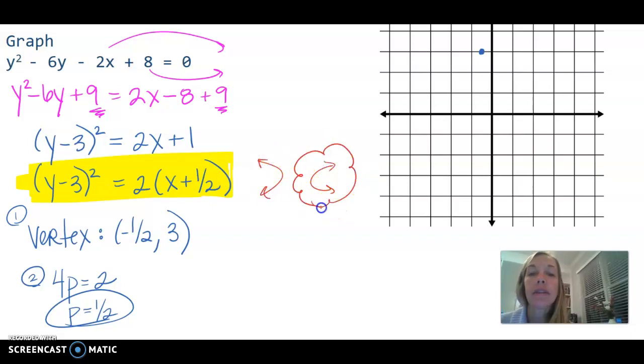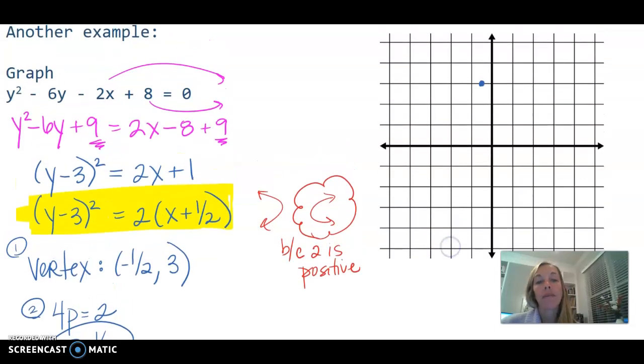And I know it's going to be this one because the 2 is positive. Right, so whatever that 4p value is, if it's positive, it goes to the right. If it's negative, it goes to the left, and the same with up and down. Up is positive. Okay, so I'm going to go 1/2 in each direction,